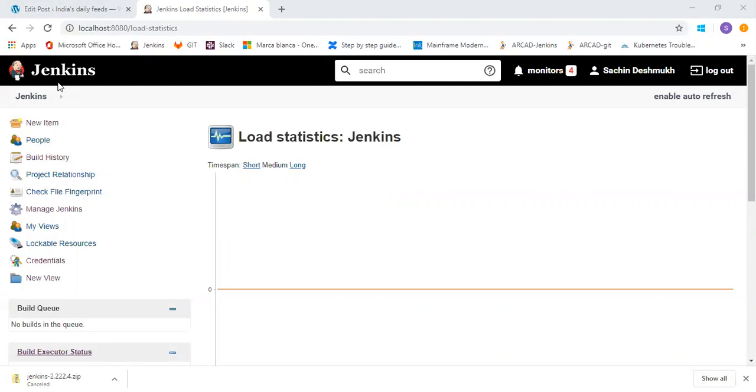The next option is Jenkins CLI. CLI is the command line interface. So using this option, you can access the various features in Jenkins through the command line. To run this CLI, you need to follow some commands so that it gets started.